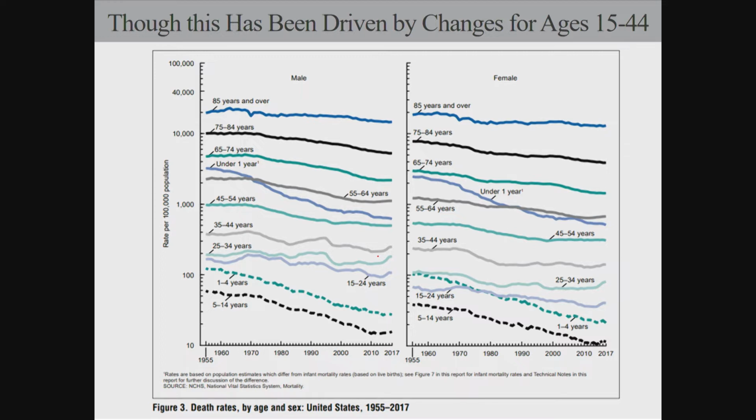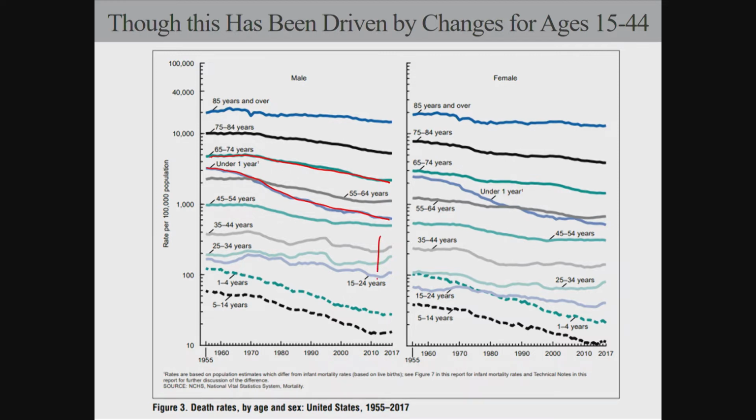But it looks over a very long time period, and you can see, let's take 65 to 74-year-old men. Their mortality rate has declined a lot over time. Infant mortality, as I talked about in an earlier class, has declined very significantly. Okay, so in general, all of these things are declining over time,